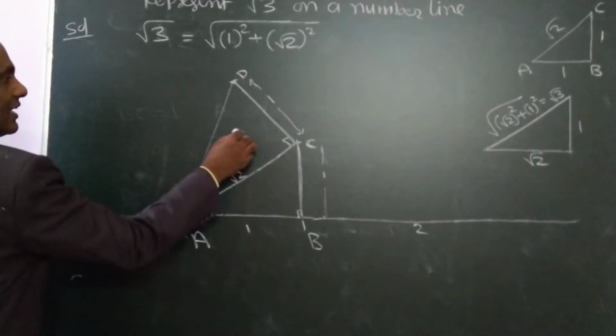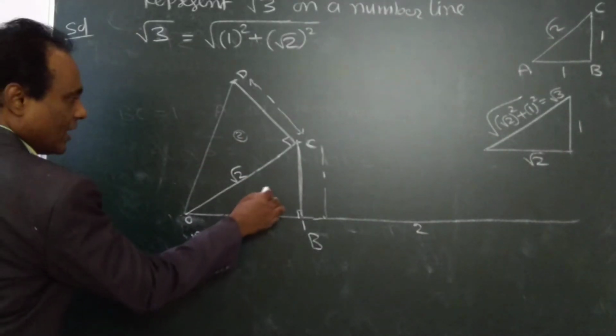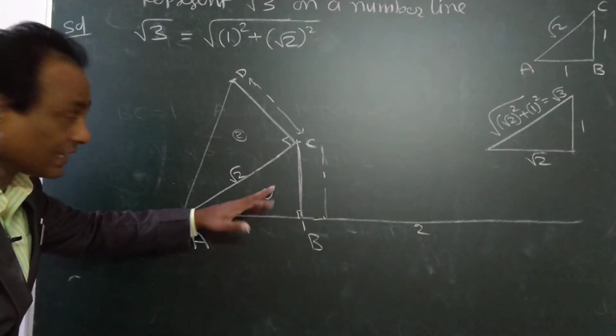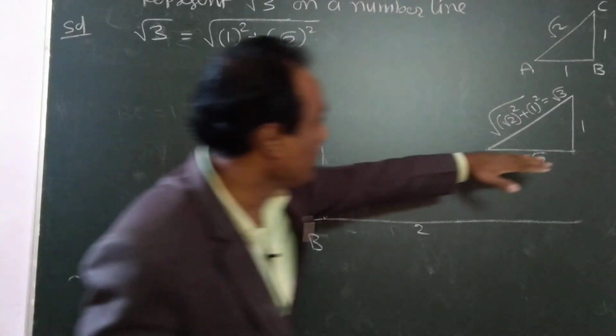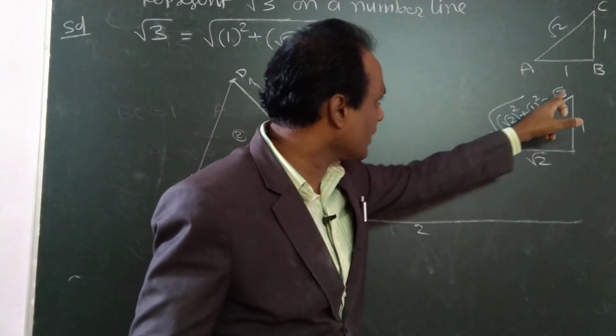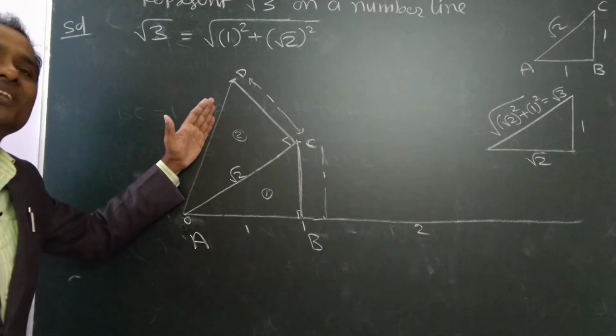This is the second triangle. The first triangle is over. That was to find root 2. So that root 2 which I got in the first triangle, I will use as a base. And I will draw another line with 1, so that I will get root 3. This will be the root 3 there.